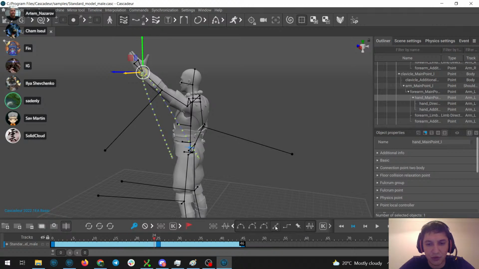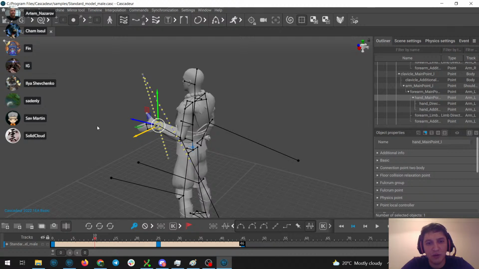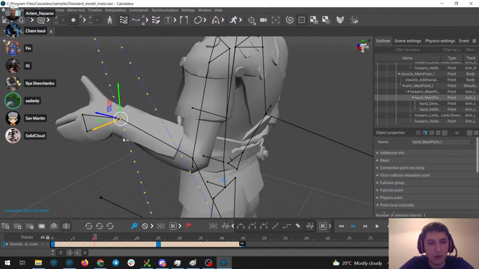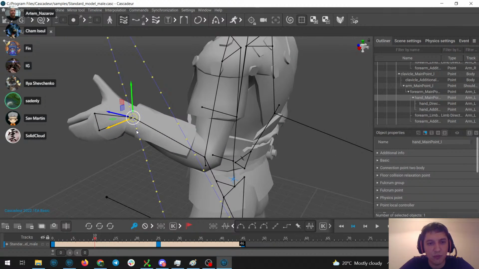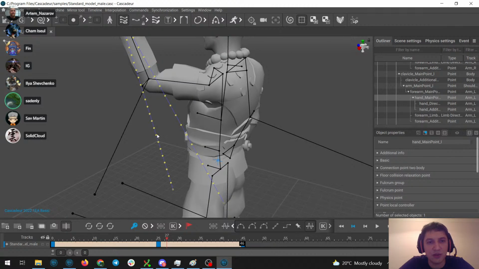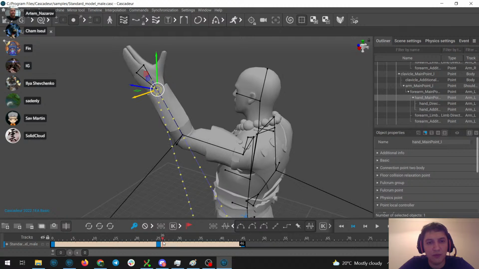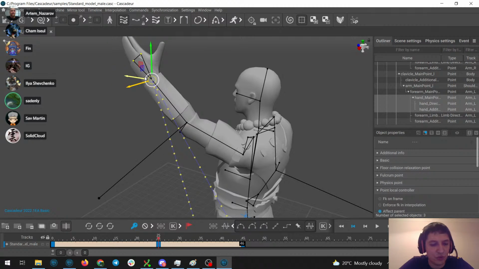Let me put linear interpolation here. You can see that it changes very fast here and not so fast here, because when it is bent for the same amount of this point movement, the angle changes much less than it changes here, close to where the arm actually forms a straight line.